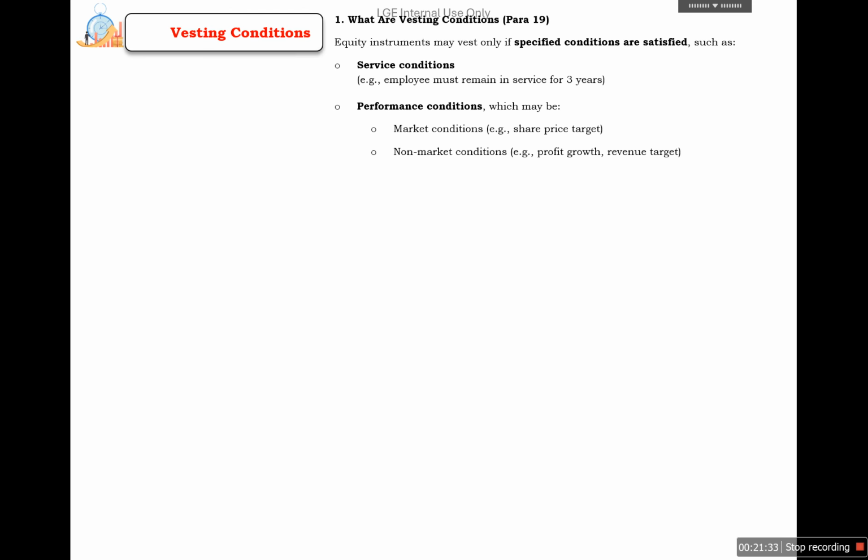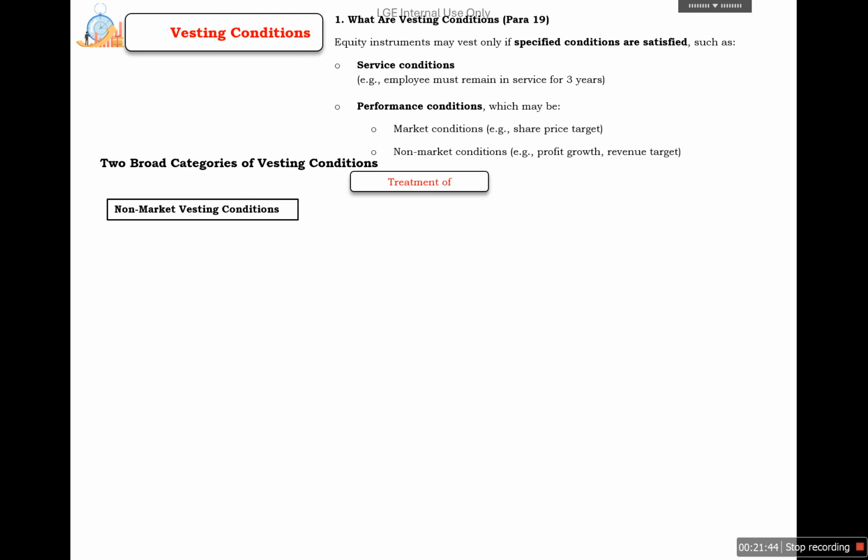So there are two broad categories of vesting conditions, and treatment also depends on the nature of the vesting condition. So it is important to understand. First is the non-market vesting condition. Non-market vesting conditions, as we have discussed, are related to the performance of the employee and the organization. So in this case, we need to adjust the number of equity instruments expected to vest